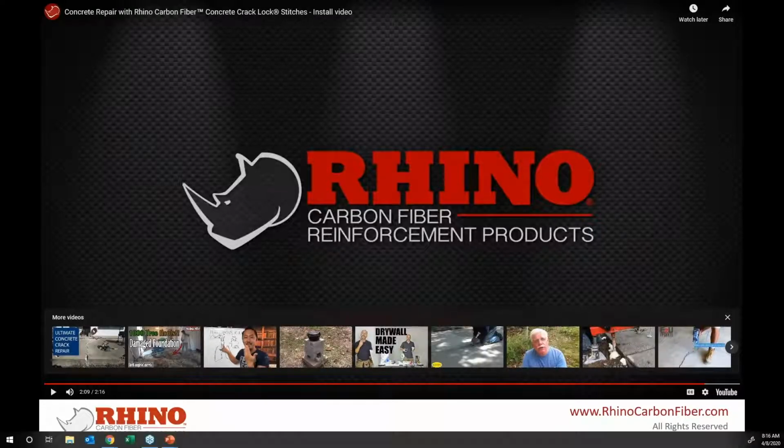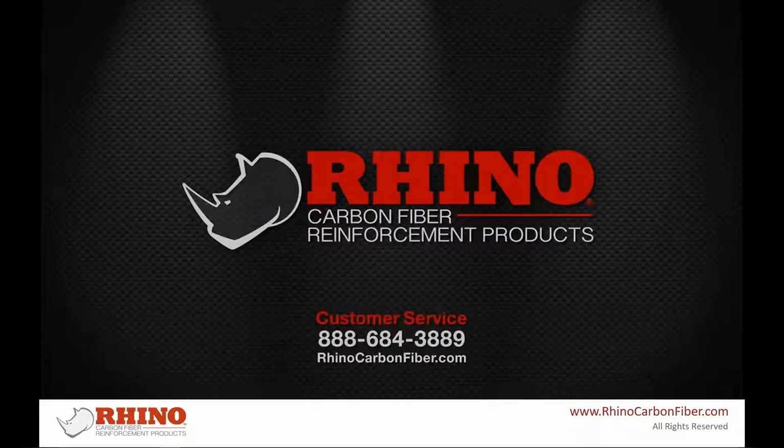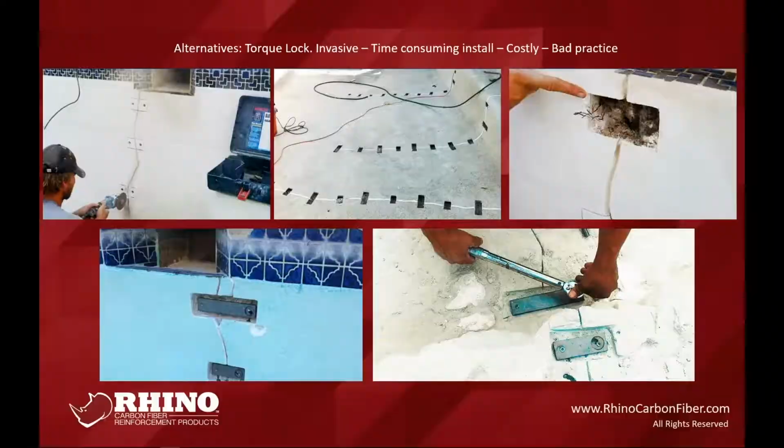So that's how the Cracklock works. It takes all of 3 minutes to figure out how to teach you how to do it, so it's a pretty cool product. One of the things I like about it is it's not foolproof. You can mess it up, but in reality, what we want you to get out of it is